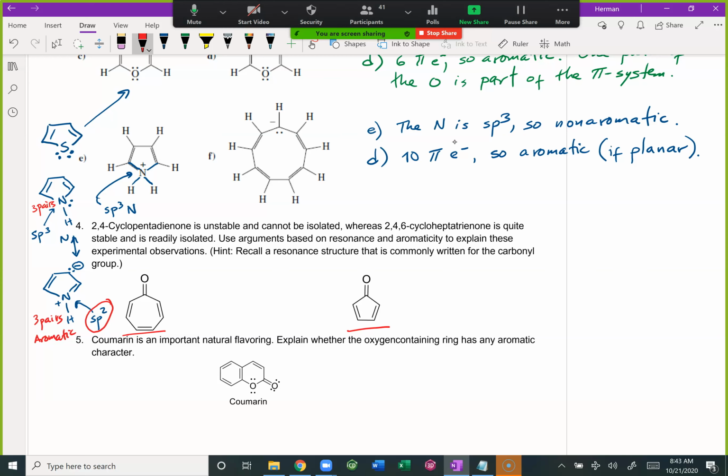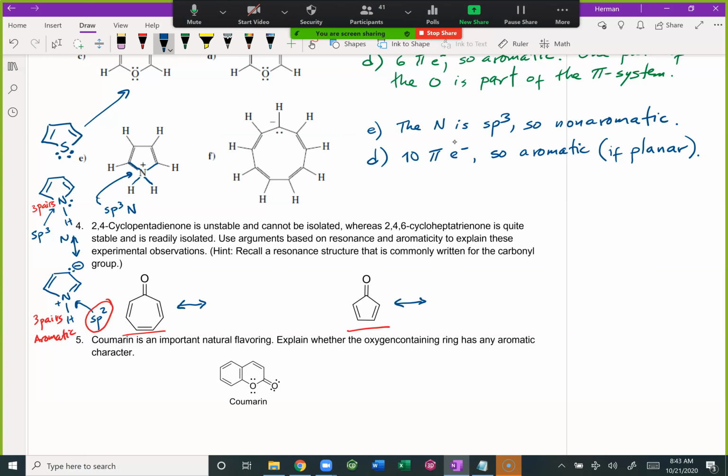Use arguments based on resonance and aromaticity to explain these experimental observations. Hint: recall a resonance structure that is commonly written for the carbonyl group. Basically, I told you everything here, even though you might not see it. But the hint really throws this problem away. So starting from that hint,